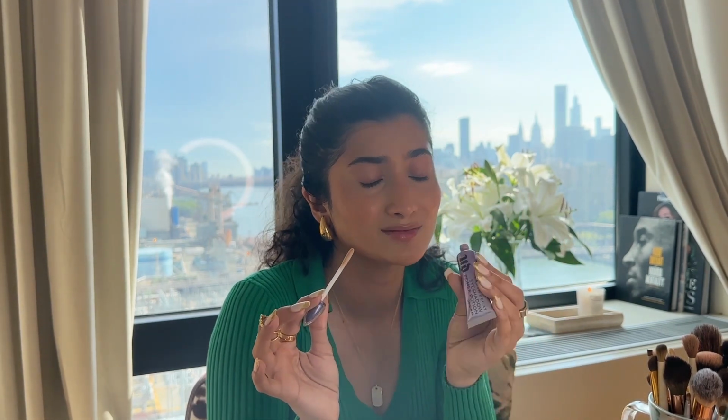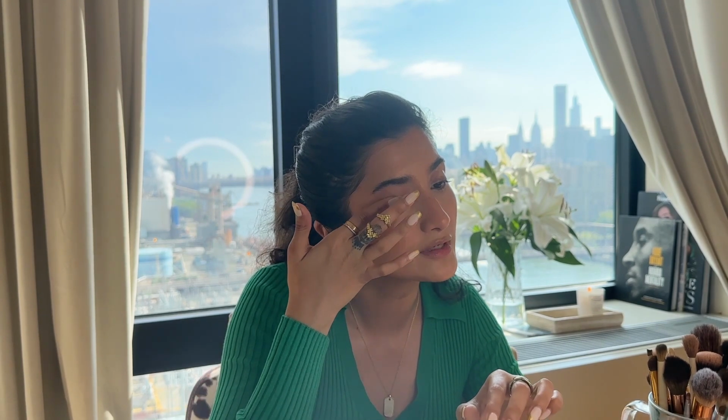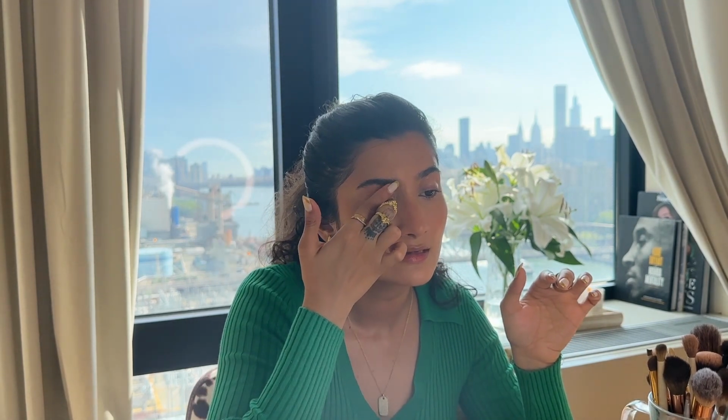Any eye primer works, honestly. This is what I've been using right now and it lasts so long. So, but yes, this is like holy grail. And if you don't have one, I highly recommend you try the Urban Decay one. It's the OG. Your eyeshadow will last all day. There won't be any creasing and you don't have to worry about constantly checking if the product has settled